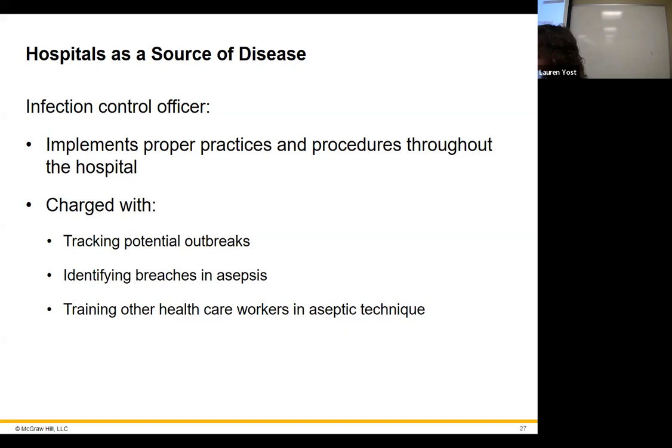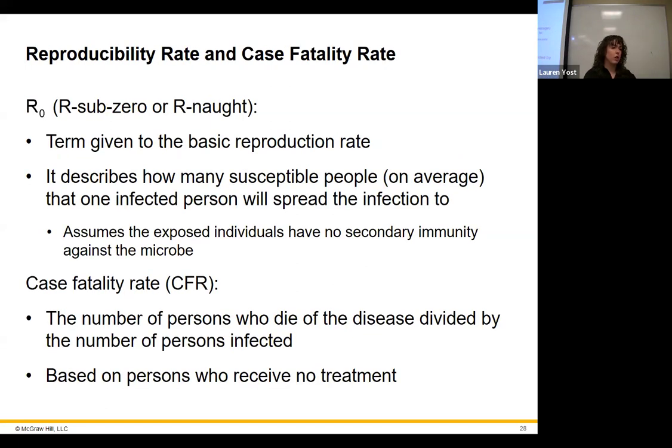The infection control officer is the one that actually makes the rules that you will have to be following: what PPE you have to wear, when to change your gloves, when you need to be washing your hands. All of that is controlled by the infection control officer, not anybody else. You might have your charge nurse talking to you about it, but that isn't the one who came up with the rules. It's going to be your infection control officer.